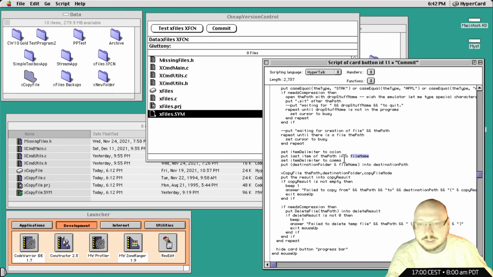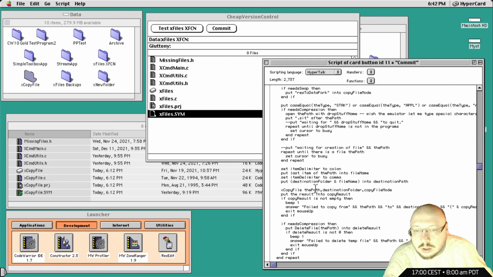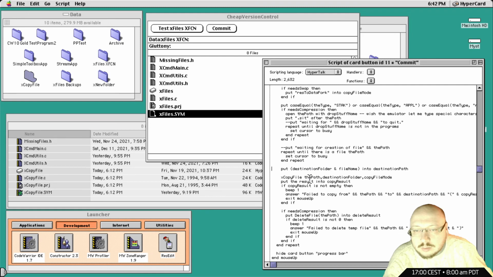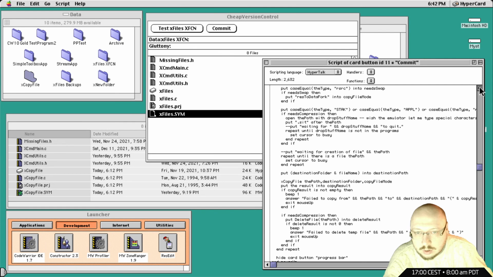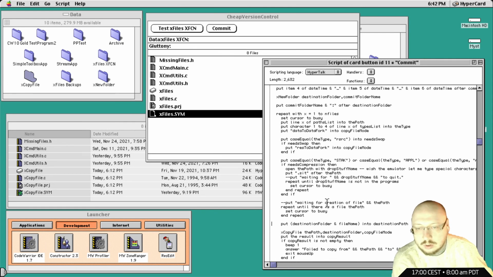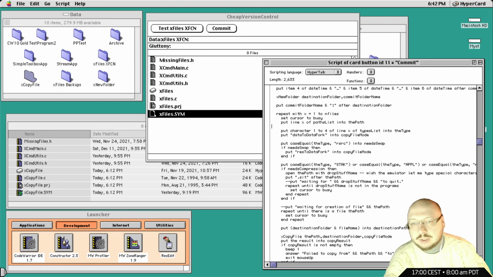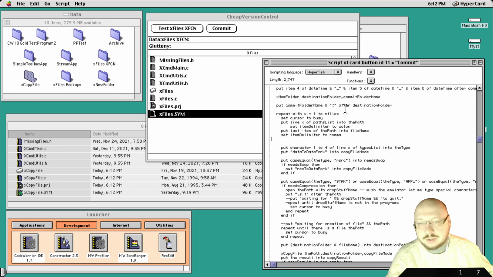All right, and now go to the start, the path, the type. Okay, so that means at this point we have the file name,